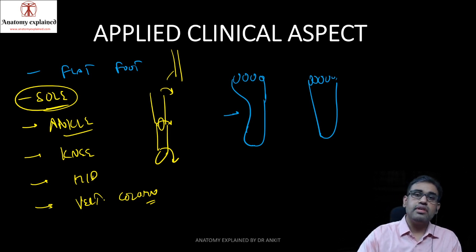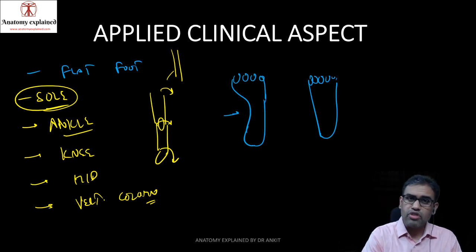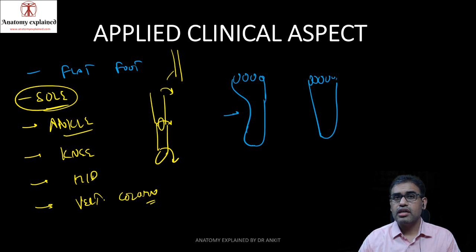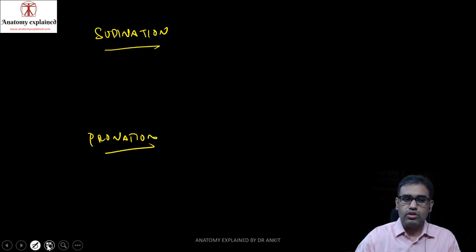So this was about the basic anatomy of the medial longitudinal arch, the most important arch. How is it formed? How is it supported? Very, very important. And pes planus or flat foot, that is very important. There are two other terms which I wanted to tell you over here. One is known as the supination of foot, and one is known as the pronation of foot. These are widely used in place of inversion and eversion.